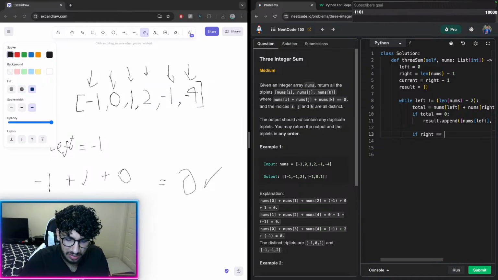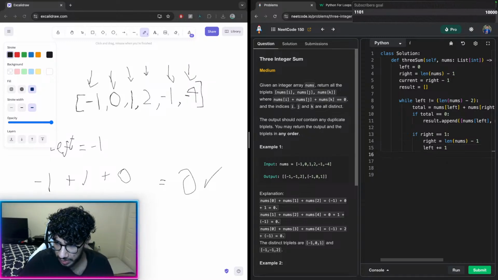Yeah, if right gets to index 1, then we want to reset our right to len nums - 1, and then we want to set our left to be incremented. So yeah, and then I think that's good. But for current, once we finish this iteration,